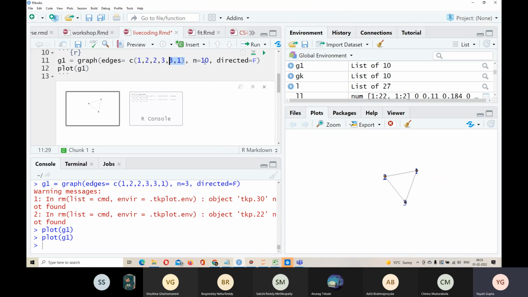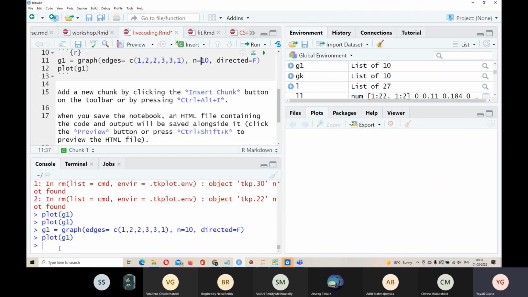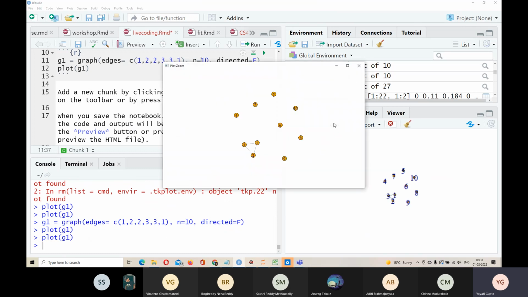Edges here tell me where I want the edges. So now I will have 10 nodes, but the edges will be there between 3 nodes. Let me plot it again here. If you see this graph now, I still have a triangle, but we have the other 7 nodes here, because the total number of nodes was 10.